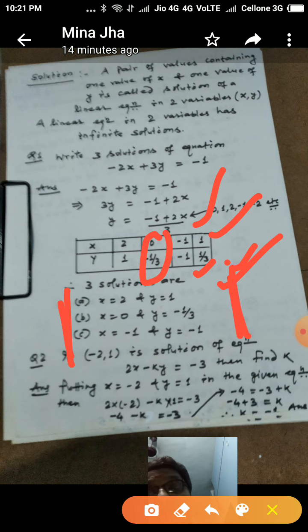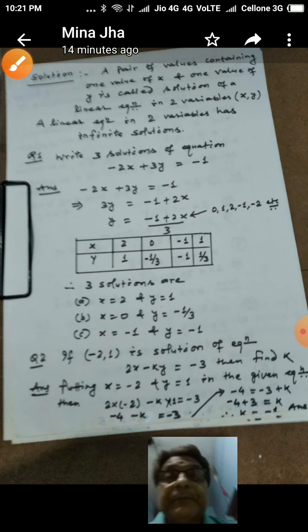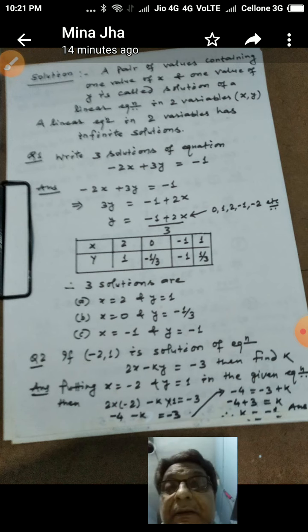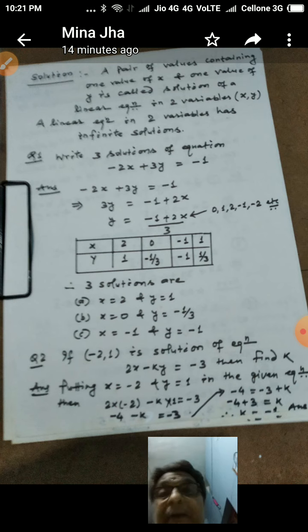So this question you can do very easily, just by following the rule of finding solutions, which is that we should keep one variable in the LHS and transpose every other term to the RHS. Then, for the variable that goes to the RHS, we will put a value of our own choice, and we will calculate the other variable's value. In this way we will list in a table as many solutions as we need.